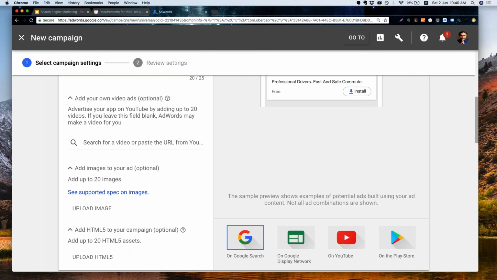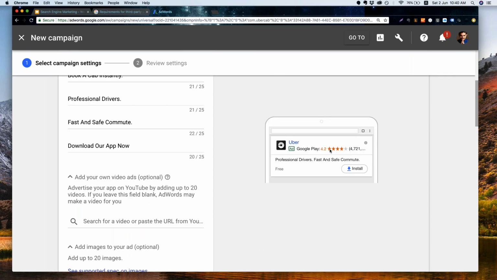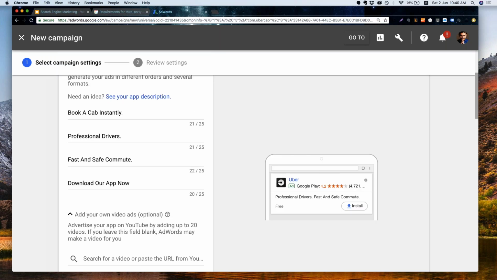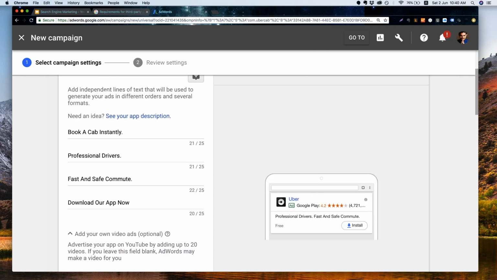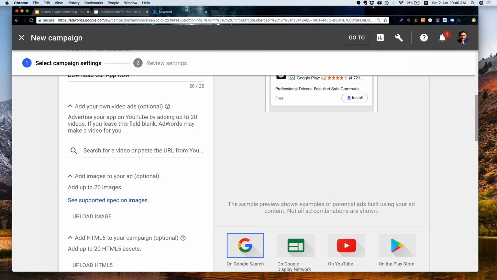If it's a very small space, like in this case, the Google search, it just selects 2. So maximum it can show 4, but it depends on what kind of ad space it gets selected for. Then it pulls up 2 lines from it. Okay. Now the other thing, it's not limited to these 4 text descriptions. If you have a video ad,